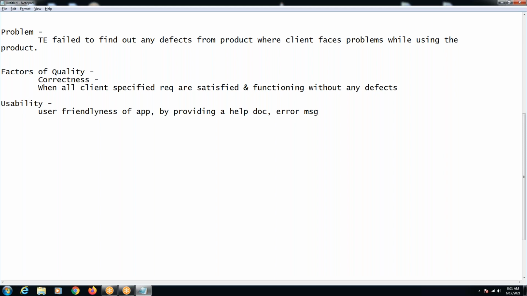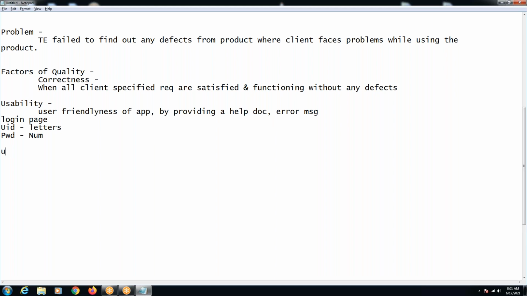Apart from help documents, can I say error messages also help you in understanding the application? Is this right or wrong? Yes, on how we are supposed to use it. Right. Say there is a login page for us. The requirements for the login page are that the user ID should accept letters and the password should accept numerics. That is what the requirements say, right? And when we are testing it,